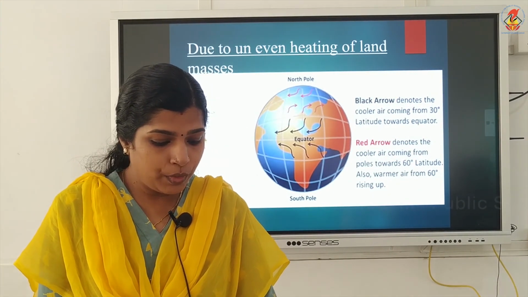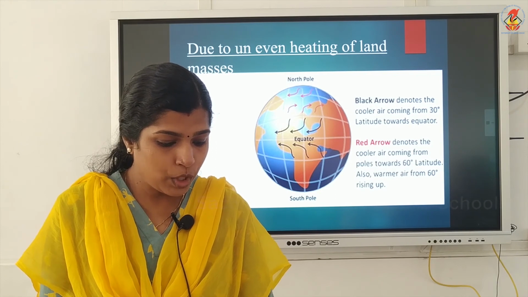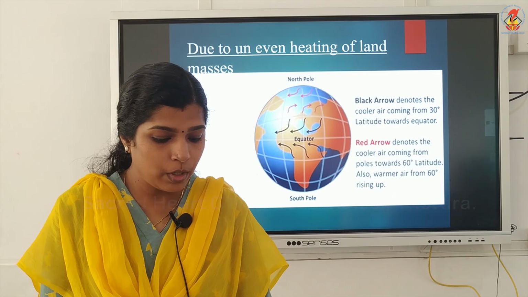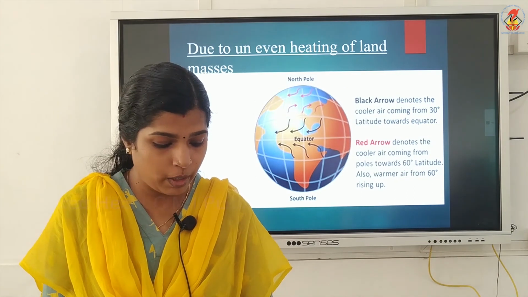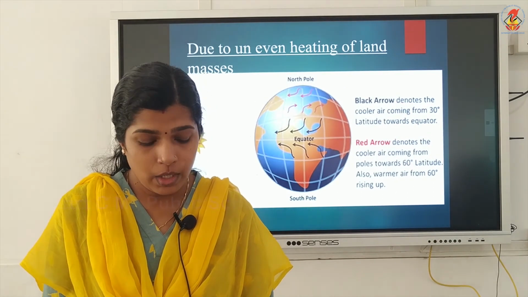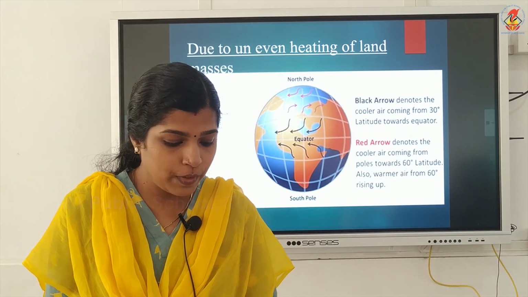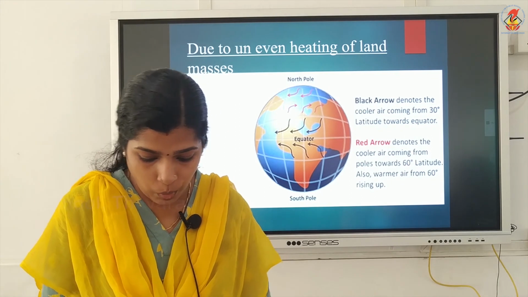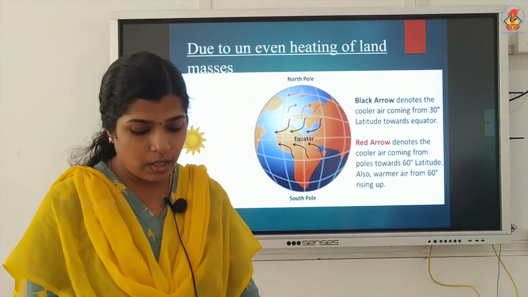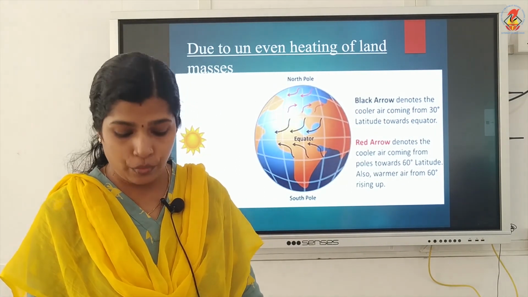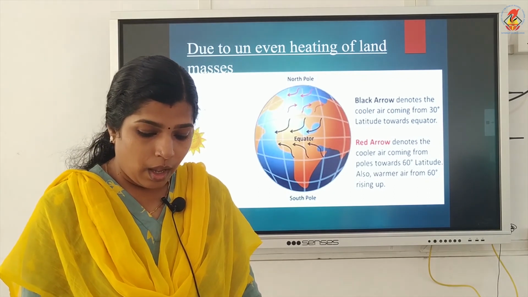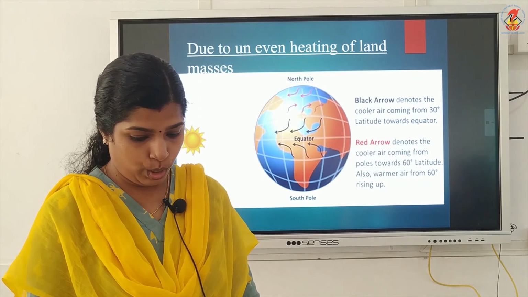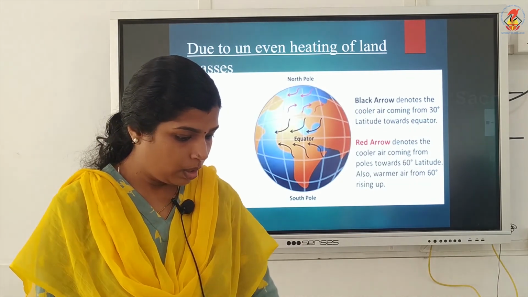Only a part of these winter winds, which flow from eastern India over the Bay of Bengal, is able to absorb moisture from the Bay of Bengal and bring rain to the western region of southern India. That is all about wind currents. Wind currents are due to the uneven heating of land and oceans. Okay, thank you.